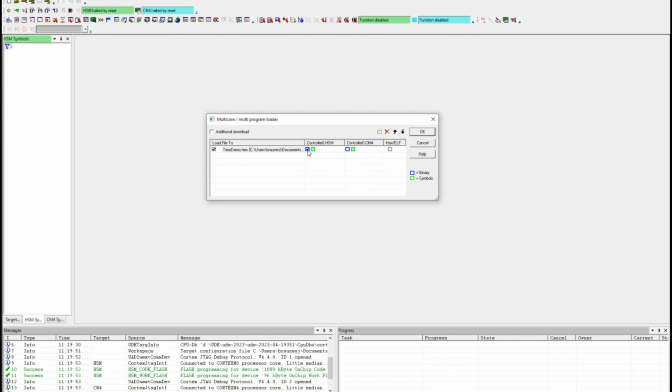You see here we have two checkbox types. We have blue ones and green ones. The blue one is for telling the debugger which core should flash which application, and the green one tells the debugger which debug information out of the ELF file should be loaded to which core debugger in the debug tool in the UDE. So because we have a hex file without any debug information, pure binaries, we have grayed out the